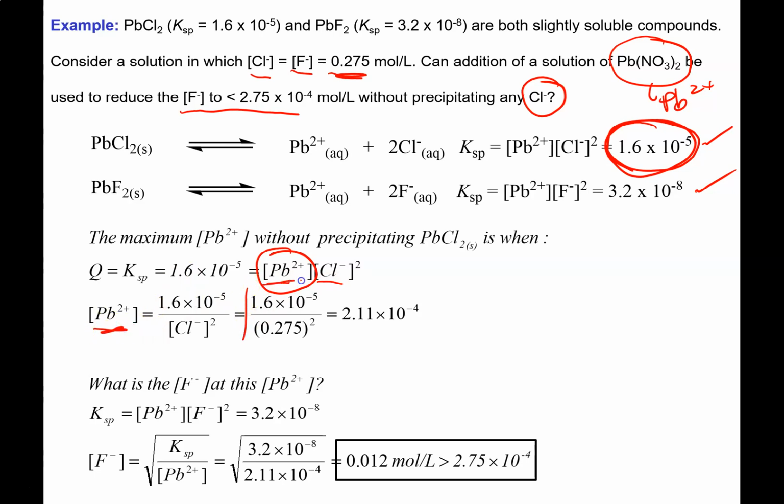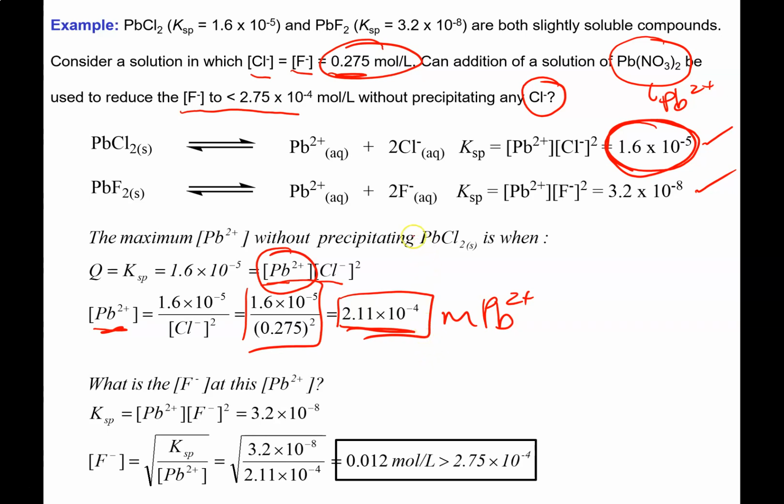So 1.6 by 10 to the minus 5 over 0.275 squared. That's a fixed number. So that gives me 2.11 by 10 to the minus 4 moles per liter of lead 2 plus. So that's the maximum amount of lead that I can add before I begin precipitating